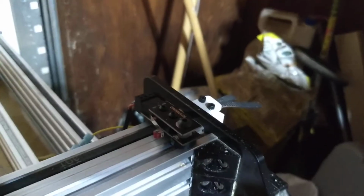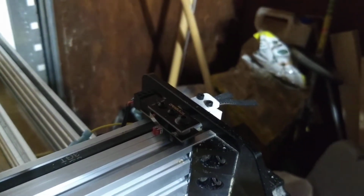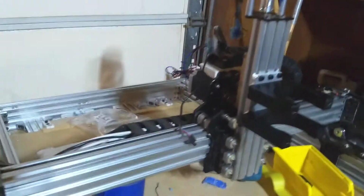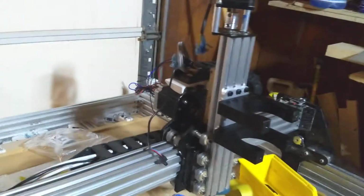Then, the limit switches are these little guys. They're just convenient. So those guys, also put in, you can barely see it down there,